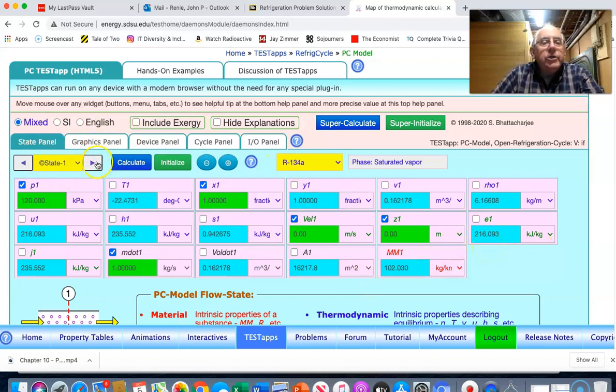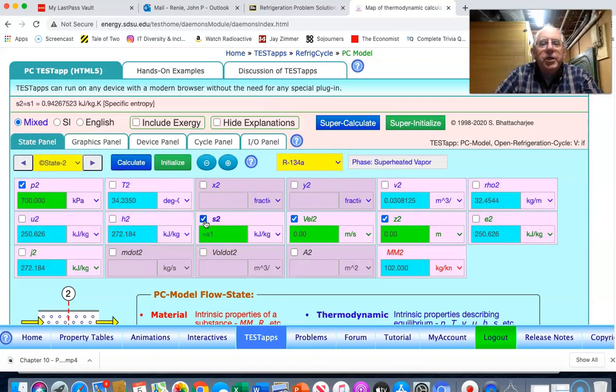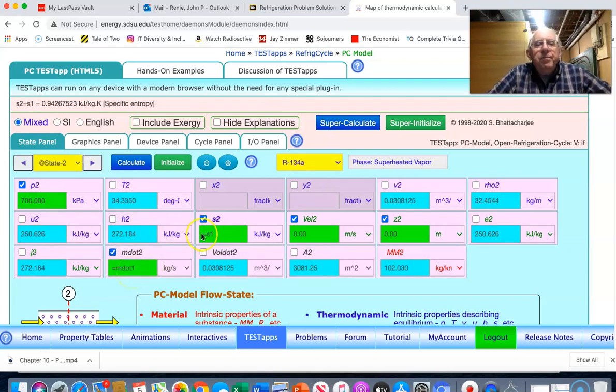This is an idealized system, and so the output of our compressor will be at the 700 kPa that was designated in the problem. The entropy will be unchanging. It will be equal to S1. And again, the m dot we'll designate as m dot 1. And so now we have the output of the compressor at a temperature of